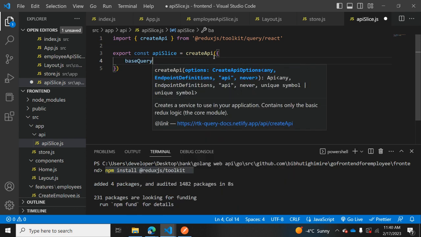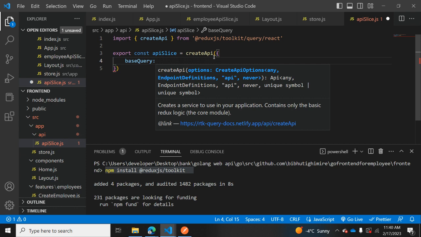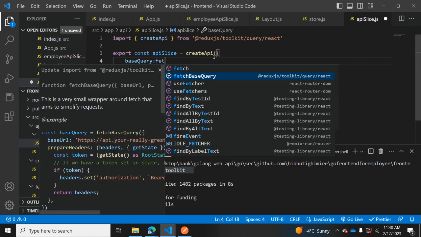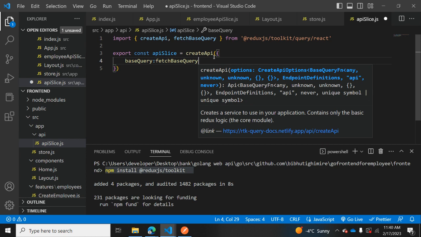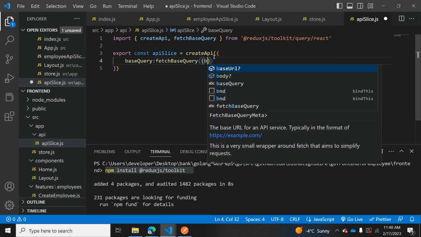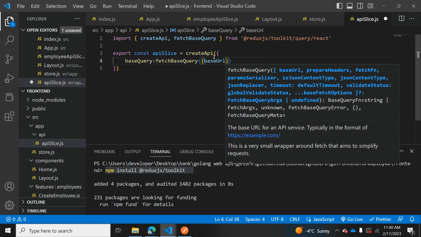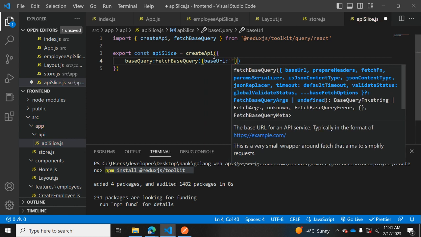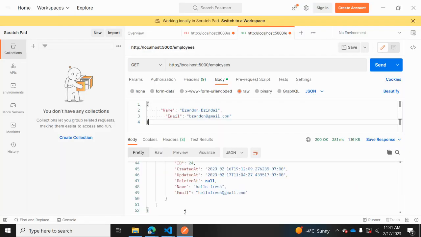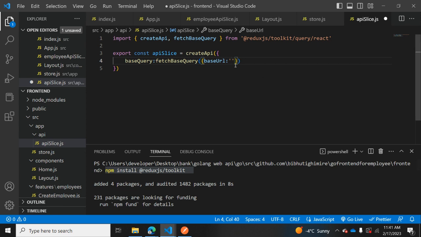First will be baseQuery, and inside baseQuery we're going to add fetchBaseQuery, and inside fetchBaseQuery, baseUrl, and the base URL will have the base, so let's go to our Postman. This is going to be the base URL. Okay, so let's copy this and paste it here. This is the first one, and the second one is going to be builder,